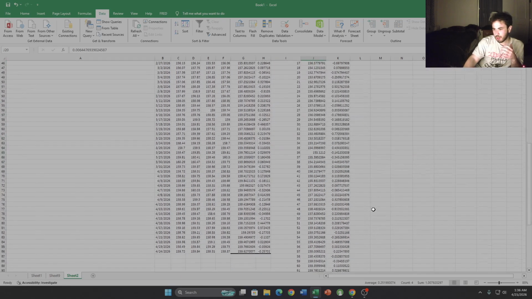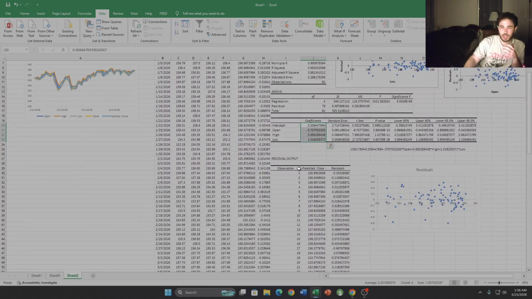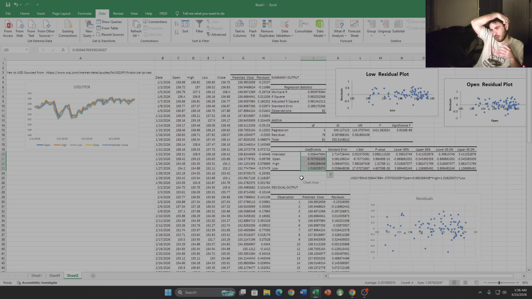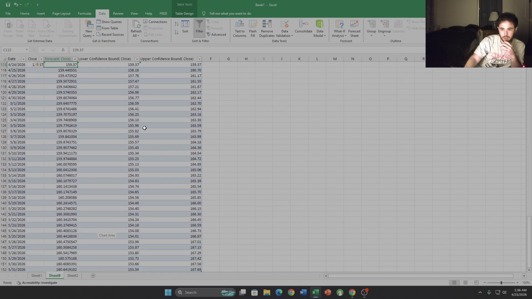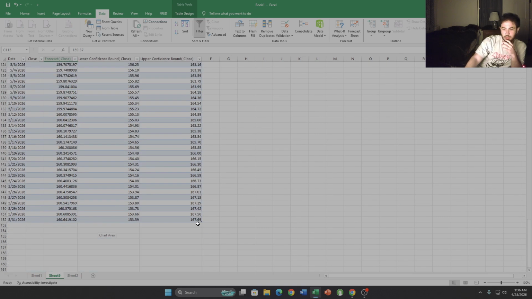I was playing around with the forecast sheet thing, and it was just not satisfying me. There was just this mega range, and I think it's on this page. There's like a 14 point yen variance between the upper boundary and the lower boundary, and it's like, what the hell is this? When the average, the actual predicted value, looks a little more reasonable compared to the close, or what yen's been trading for lately.